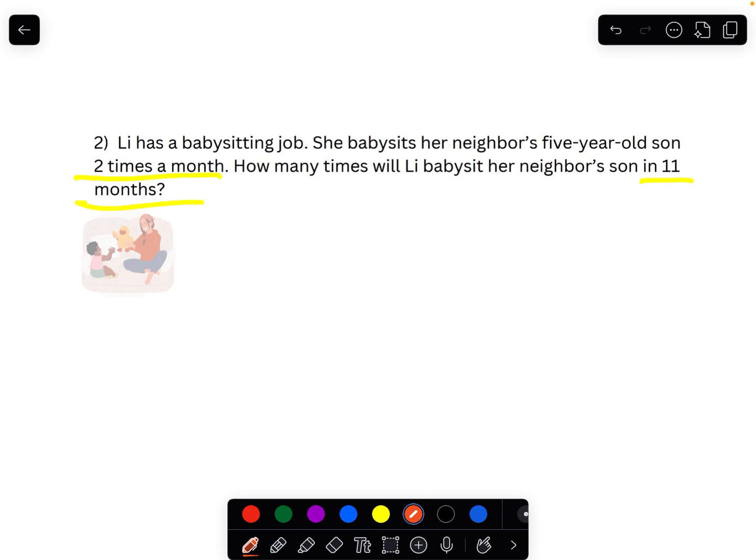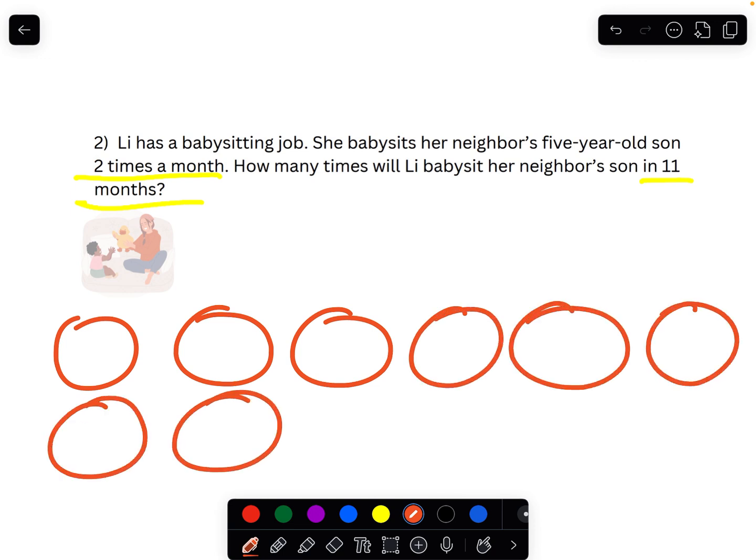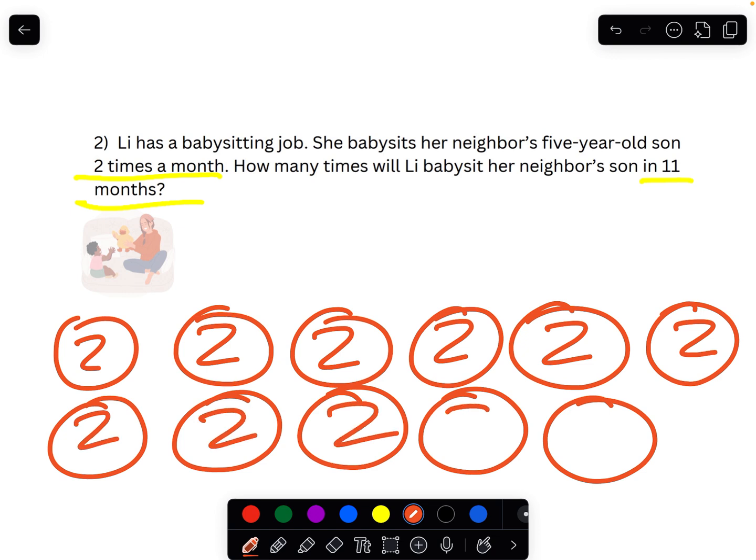So I know we're trying to figure out how many times Lee will babysit in 11 months. I can draw 11 circles. 3, 4, 5, 6, 7, 8, 9, 10, 11. Last time I did boxes, but now I'm doing circles. So that's 11 months. Okay. And Lee babysits her neighbor's 5-year-old son 2 times each month. So that's 1 month, 2 months, 3 months, 4 months, 5 months, 6 months, 7 months, 8 months, 9 months,